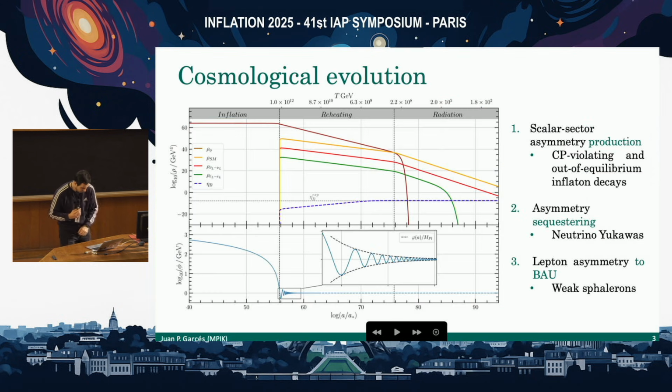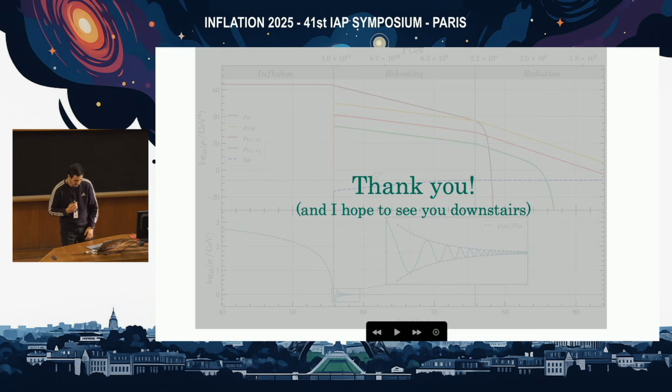So I'll just quickly flash here one example of our results. And as you can see, we have the inflaton field oscillating, and this induces a baryon asymmetry, as you can see in the dashed blue line. Yeah, any further details we can discuss together by my poster, and also some other things that we are planning to do next. So thanks a lot.